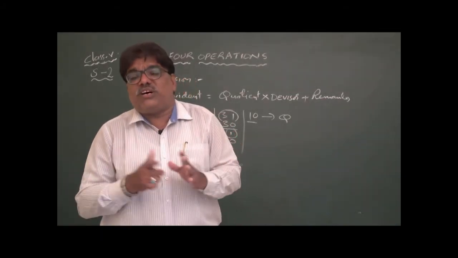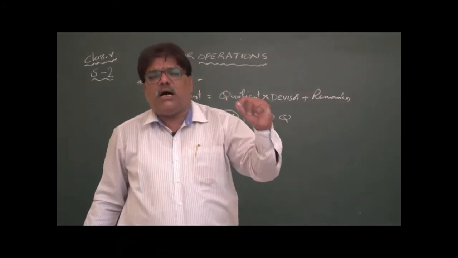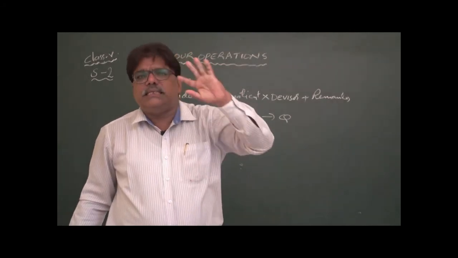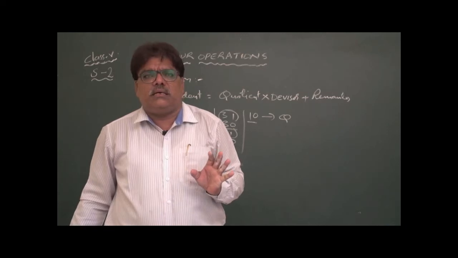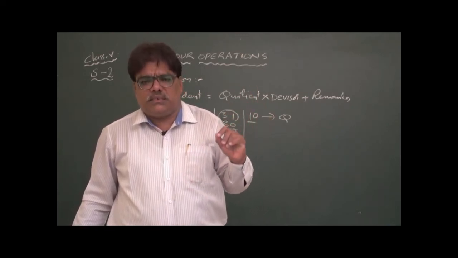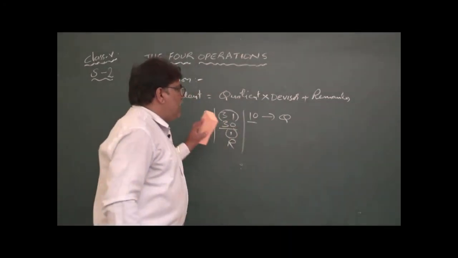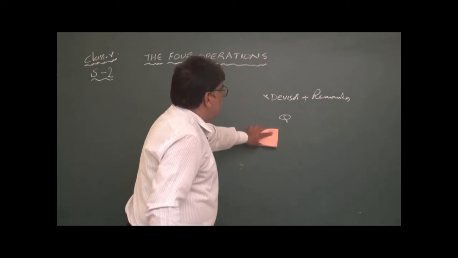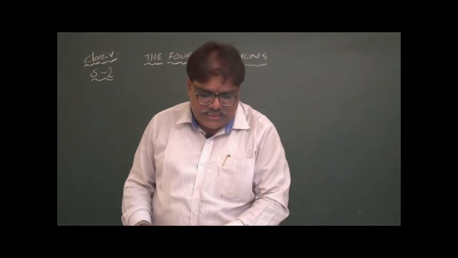Then you will get it. While you are dividing by 1 digit, 2 digits, 3 digits or any number of digits, there are 2 methods. One is called the long division method and another is the short method. For example, I am showing you one sum. While dividing a number by a 2 digit number, how do we divide?